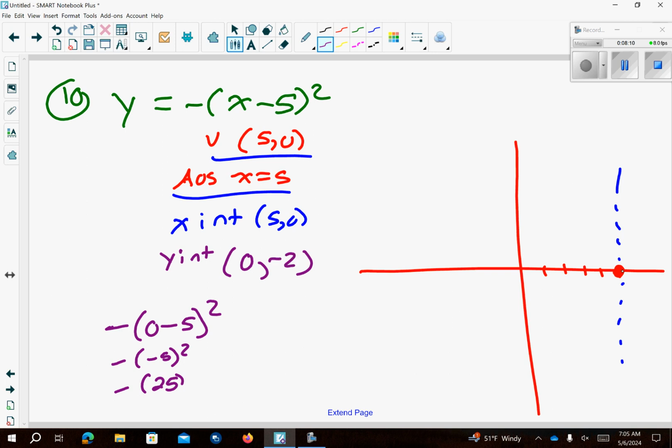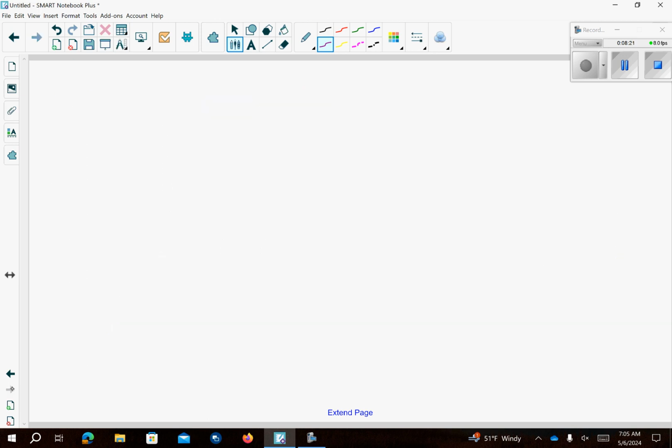And then our pattern graph will go right 1, down 1, left 1, down 1, right 1, down, and so forth. Here we go. We've answered all the questions there. Number 11,